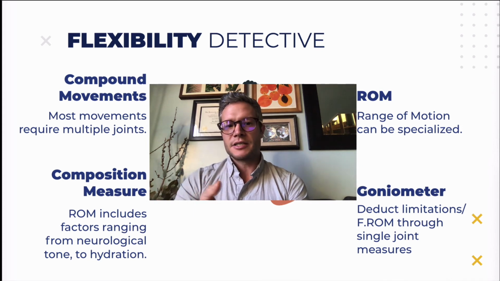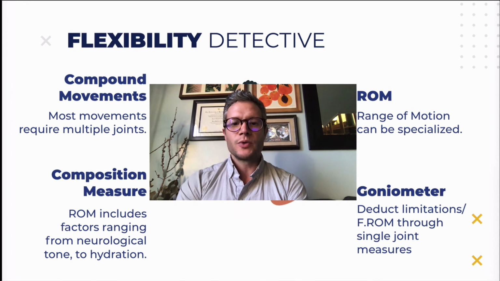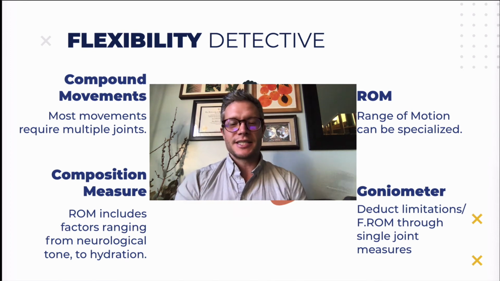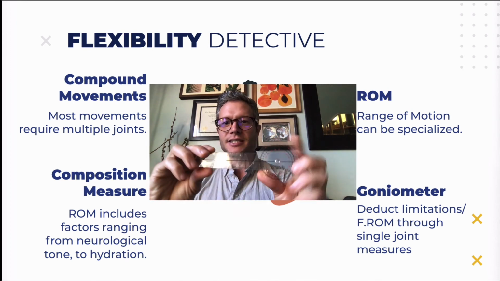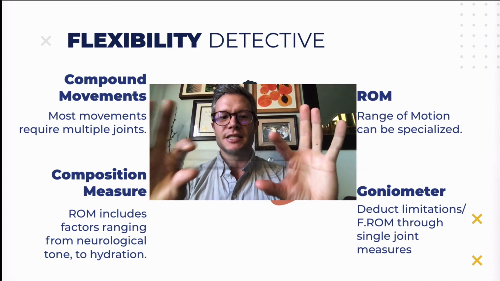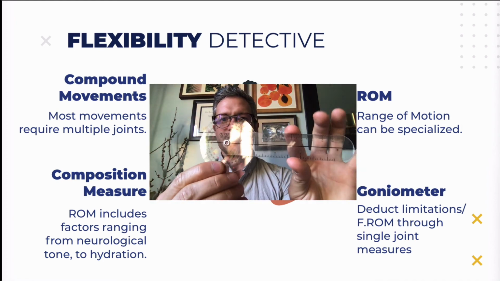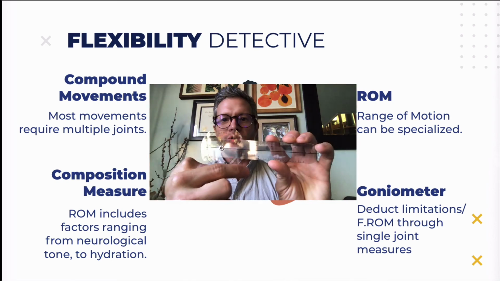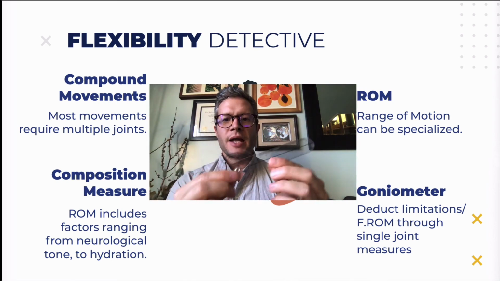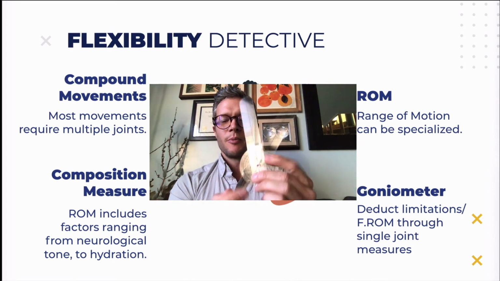It's kind of specific to whatever joint that you're referring to. And goniometer, that's this device. I don't know how easy that is to see, but essentially what it does is it will measure the degrees in range of motion. I'm going to have a little tutorial with this, but more or less